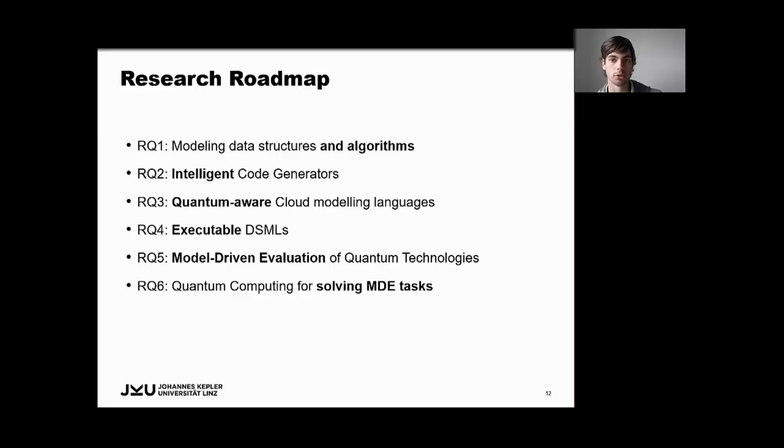Then for creating executable DSMLs, the problem of testing and debugging is crucial, and it is even more complicated in the quantum computing domain, because any measurement during the computation would destroy the superposition state. And as different vendors offer different tools for the problem inspection, a question of how to perform the abstraction has to be asked. The fifth research question refers to increasing the efficiency of experimentation with quantum technologies via MDE practices, like, for example, an automated data generation from models.